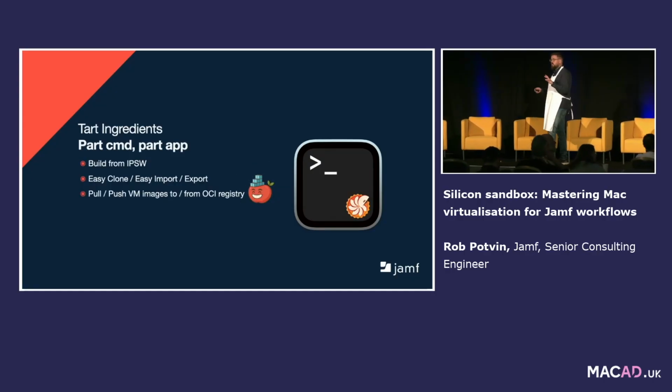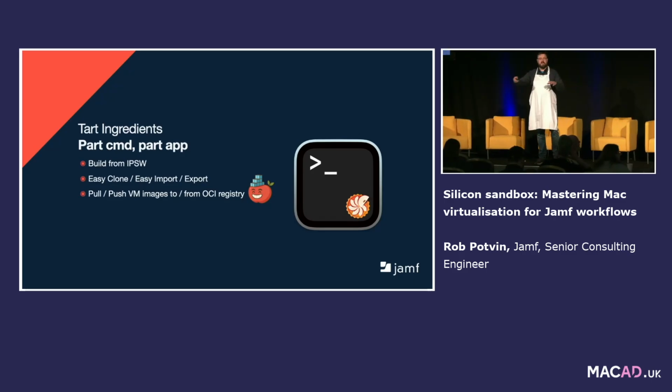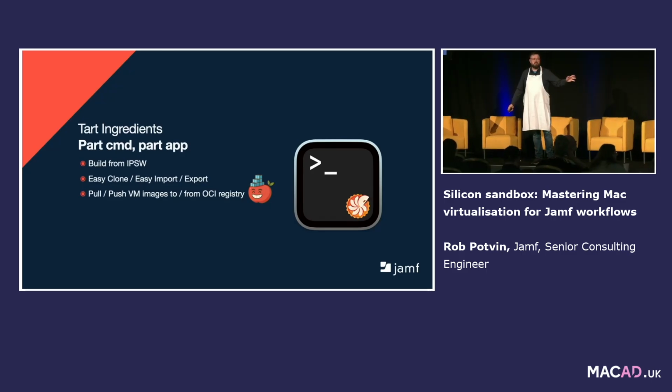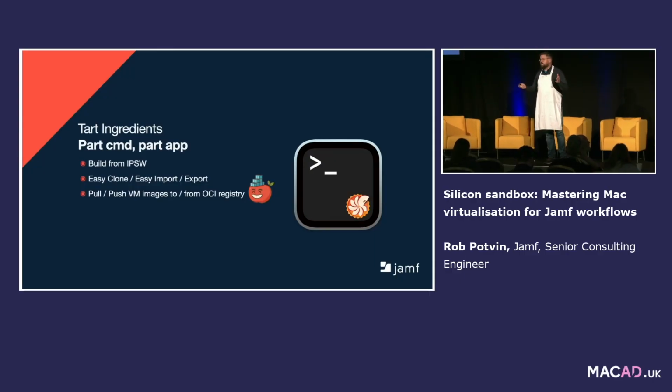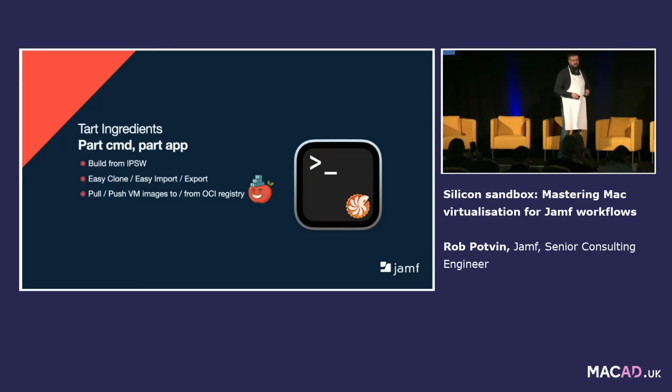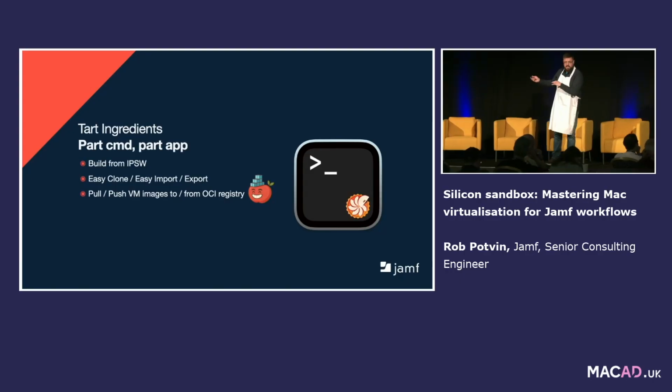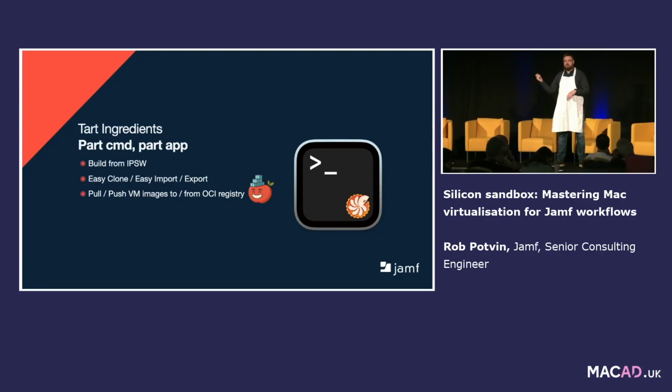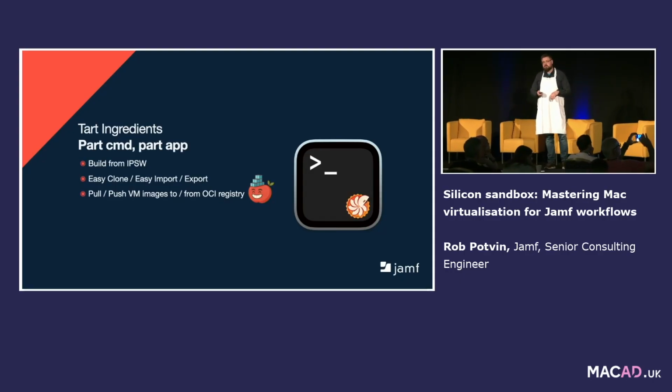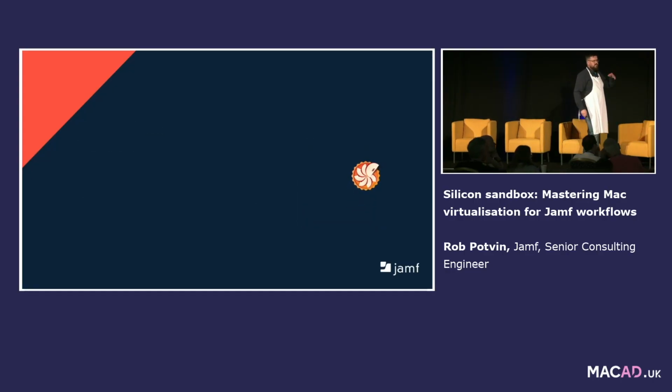Hands up for anyone here who knows what I mean when I talk about an OCI registry. Who's ever used Docker before? Okay, so you've talked with an OCI registry. Basically, it is just a format of storing something like an operating system image or a container image in a web repo, okay? So that's the hidden kind of secret ingredient. I don't have to install from an IPSW. I could pull down a complete finished OS from an OCI registry. But let's take it from the beginning.